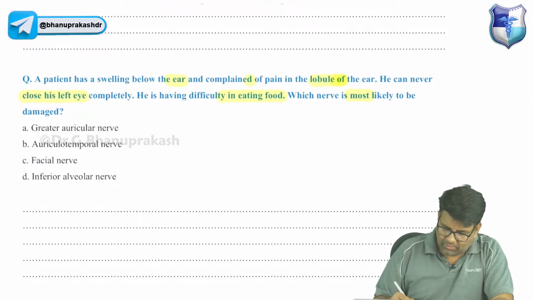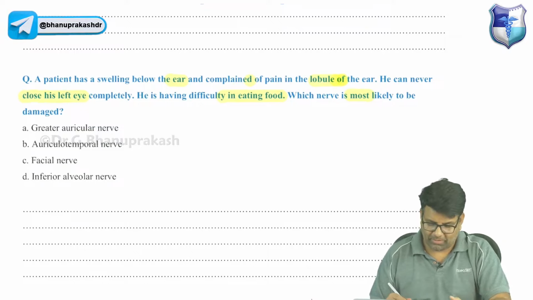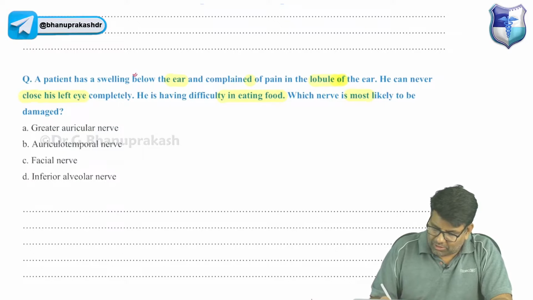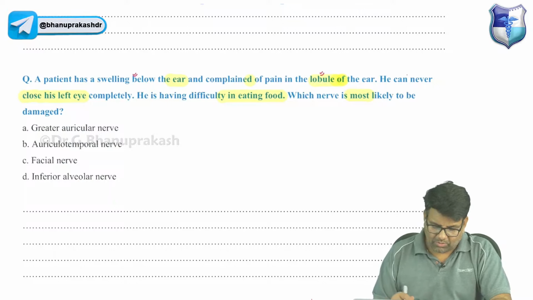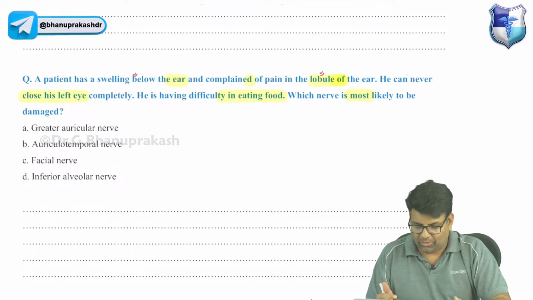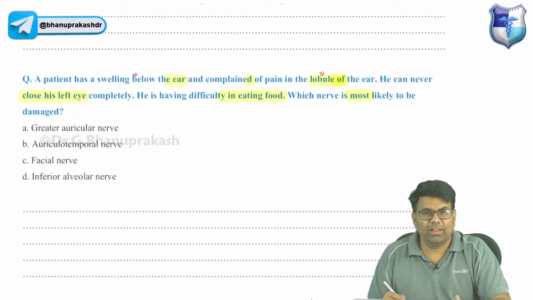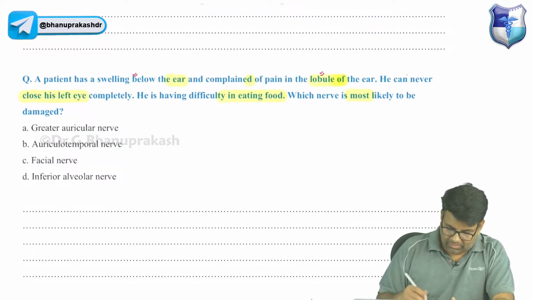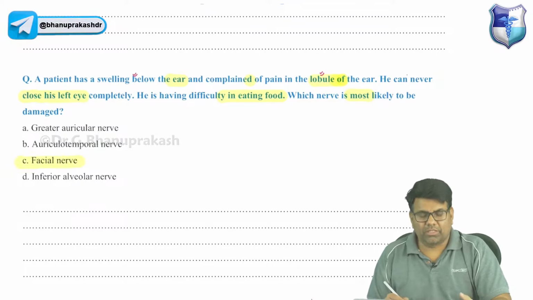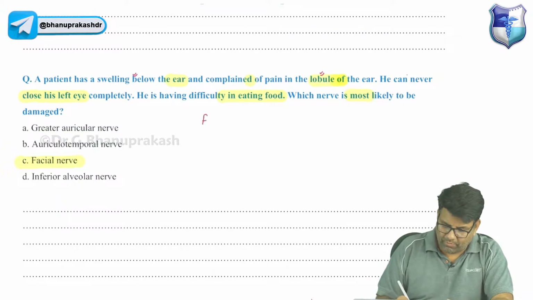Now here, firstly you have to understand there is a swelling below the ear, okay, and there is pain in the lobule of the ear. So somewhat this is in discussion with the parotid gland, and one of the commonest tumors of the parotid gland is pleomorphic adenoma, and we know that through the parotid gland there is passage of the facial nerve. So this is one thing, facial nerve. Now secondly, if we discuss the features of facial nerve